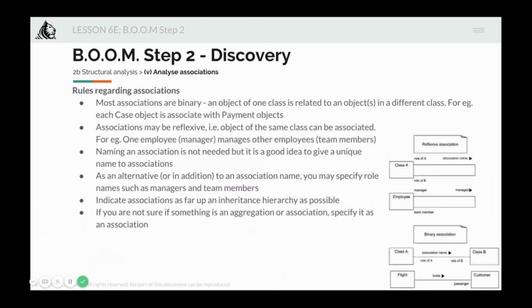Associations may be reflexive. That is, objects of the same class can be associated. That is, within a certain class, two objects are connected to each other. So one employee manages another employee, right? And you may name the association or you may choose not to name it. Naming is a good practice, but you can choose what you want to do, right? So moving along,